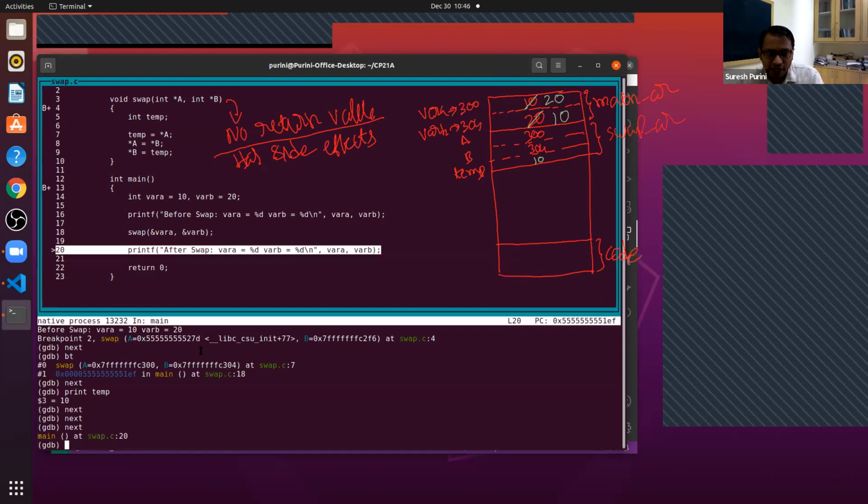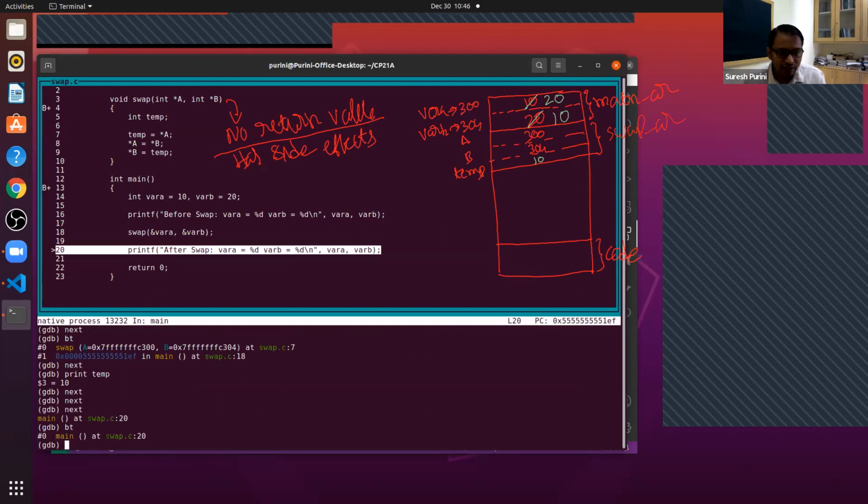So now if we do a backtrace, you will see on the stack there is only main present. Are you with me here? The memory that is allocated for the variables A, B, and temp is deallocated. When a function becomes active, the associated memory is allocated. When it becomes inactive, the associated memory is deallocated by popping the corresponding activation record from the stack.